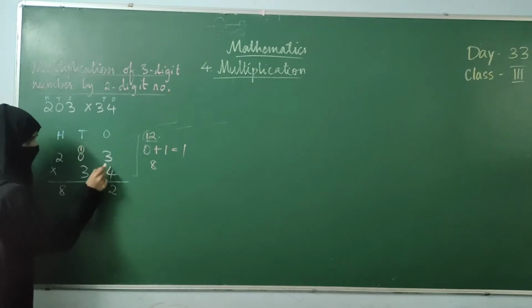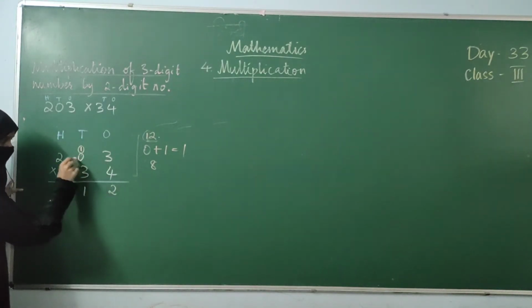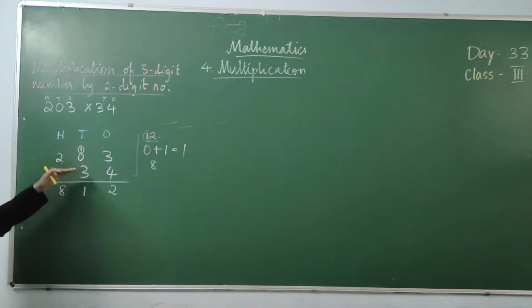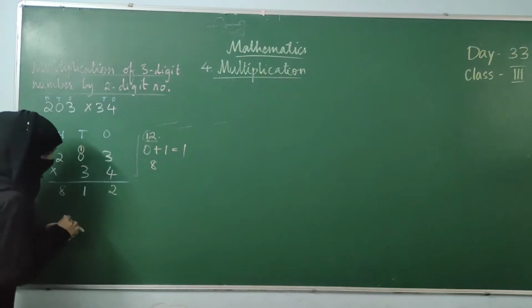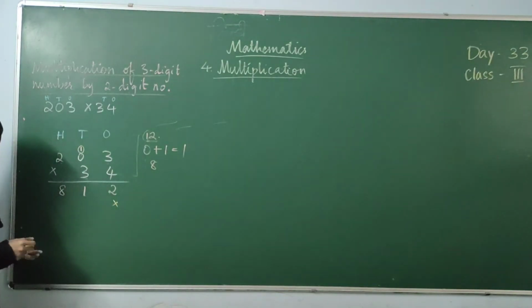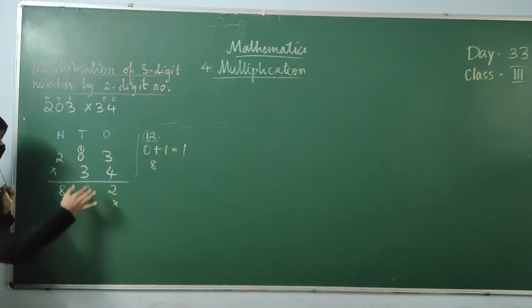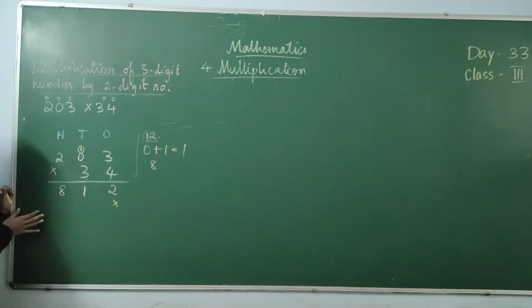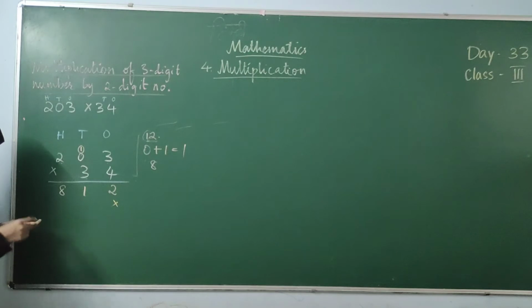Number 4 we multiplied with all the 3 digits. First step is over. Now going to second step. I told you, when you are going to second step, first thing is that you will put a cross mark in the ones place, because we already finished multiplication with this. So you don't start from this place. You are multiplying with tens, so you start writing the numbers from the tens place. Fine. So we'll put a cross mark here, or you can put 0 also, I told you.